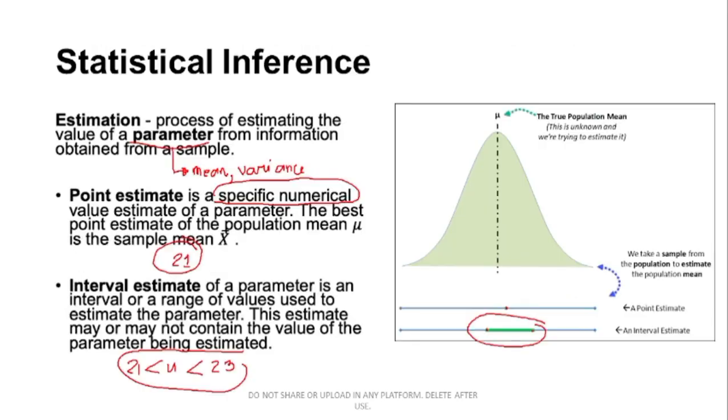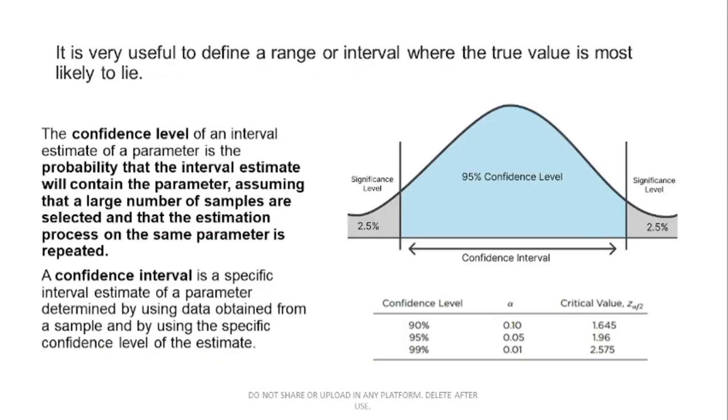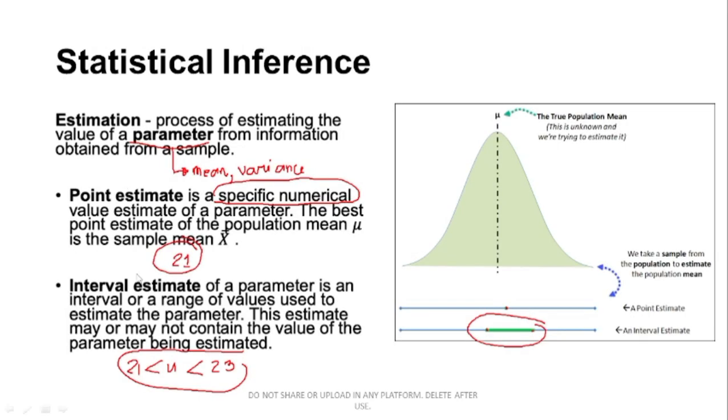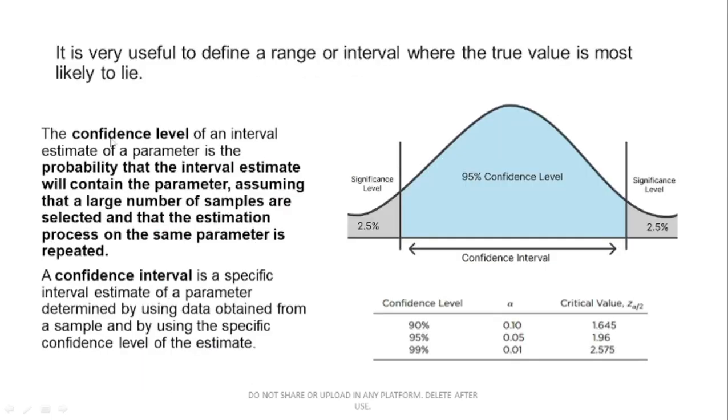However, di ba, itong mga estimate na to, these are only estimates and, di ba, kapag estimate, in-estimate mo lang, hindi talaga yun yung exact value niya. Walang assurance na yung estimate na yun ay tama. These are only estimates and true value of the population will be somehow around this estimate. Halimbawa, dito sa interval estimate natin, yung true value or yung talagang average age ng mga second year ABE students is nasa value to. Pero hindi mo alam kung anong value yon. So, meron tayong tinatawag na confidence level.